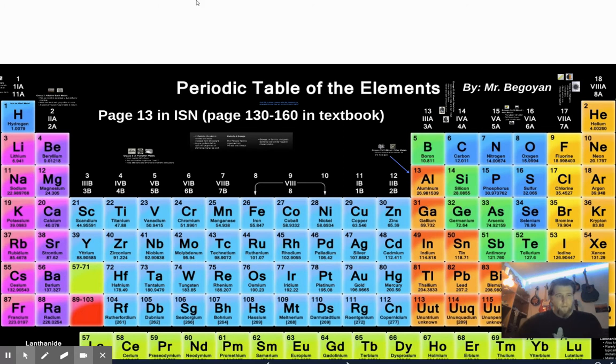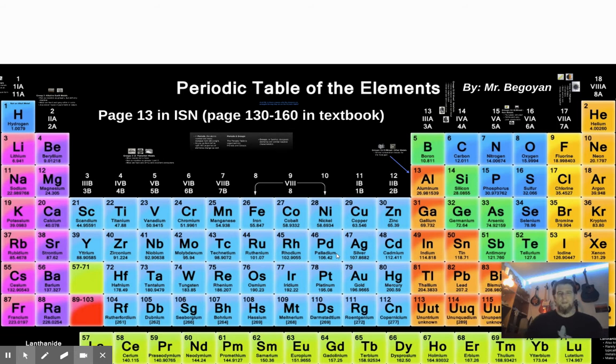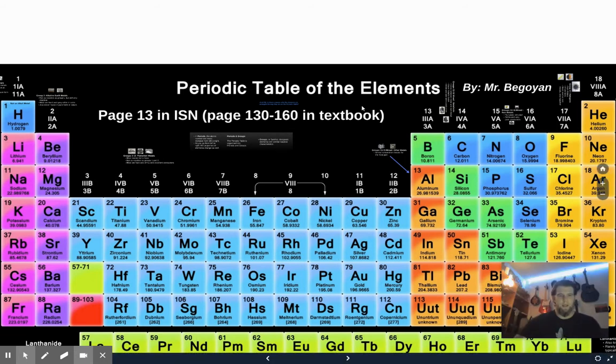So if we're talking about groups, groups are these columns as we go through. So you have here 1, or they'll call 1A, 2, 2A, and then it goes all the way across over here to row 18. This area in the middle here, we'll get to them in a little bit. They're called transition metals. And then on the left and right side are what we call the representative elements, meaning that these are very, very common in nature. We see them all the time. These ones here, they are common, but sometimes they get a little messy and muddy in their properties, and they're not as reliable as these ones on the left and right sides.